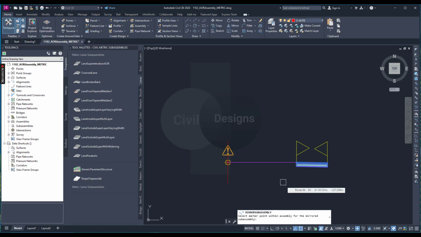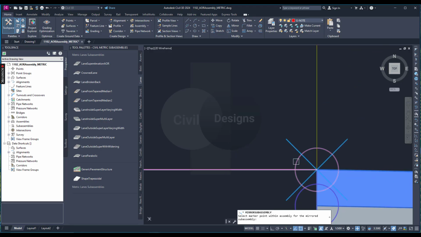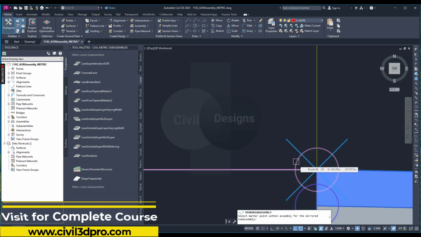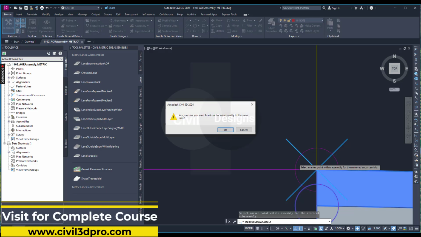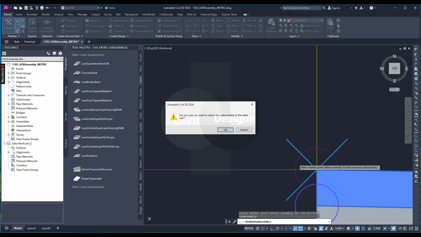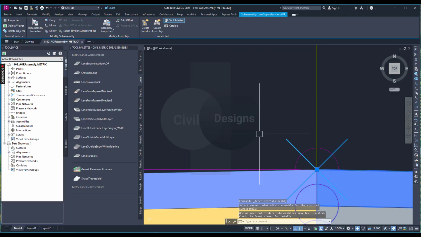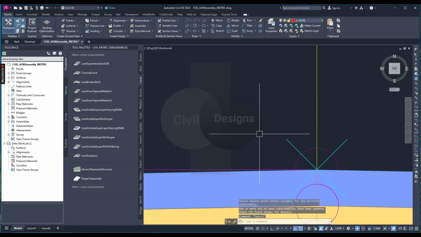Then click the same outer marker point as you selected in the previous step, just here on the generic link. A dialog will appear asking you to confirm that you want to place the mirrored subassembly on the same side. Just click OK and press escape to deselect the first lane